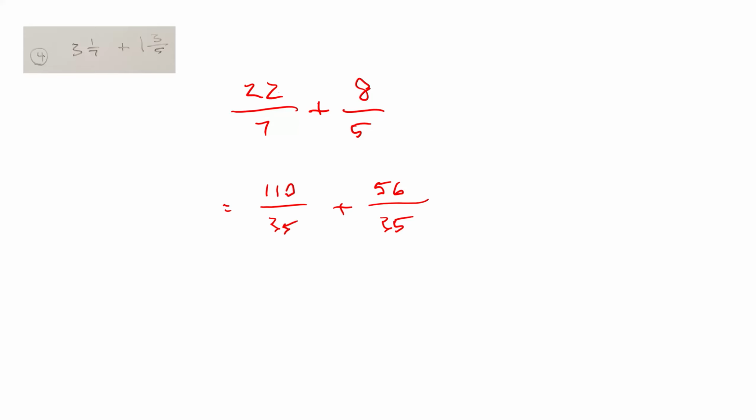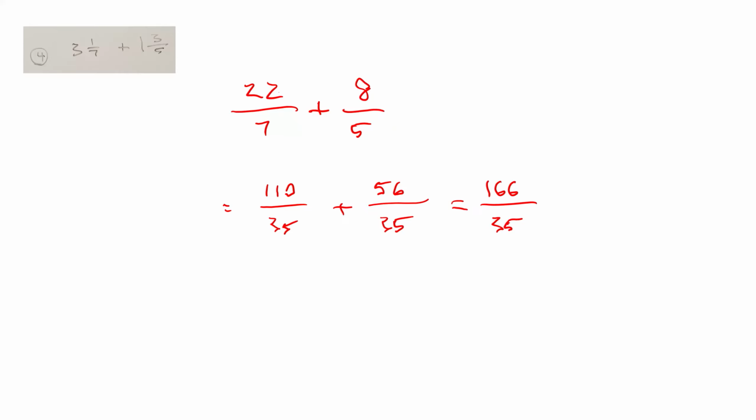The math is essentially the same. 7 over 22 plus 8 over 5 is exactly the same as 110 over 35 plus 56 over 35. All right, we've written equivalent fractions, so the maths hasn't actually changed. But we do have a common denominator, so we can do the maths now, no problem. The denominator stays the same, so it's going to be something over 35. Now let's find out what the something is. 110 plus 156, well, that will be